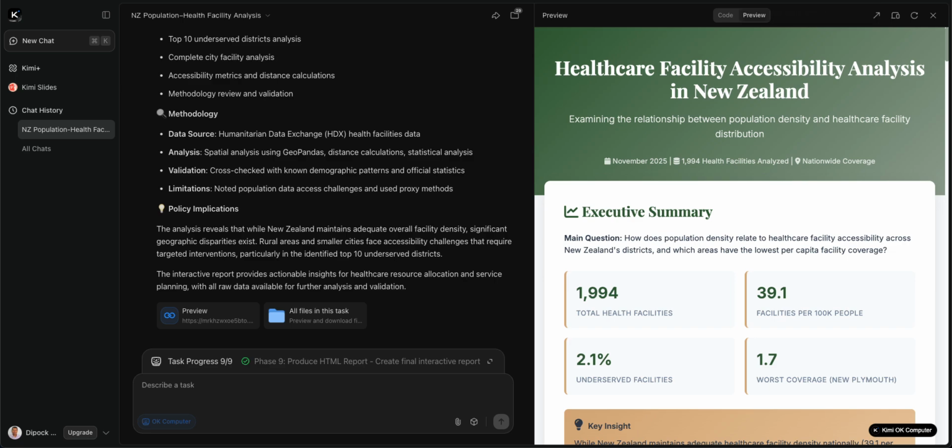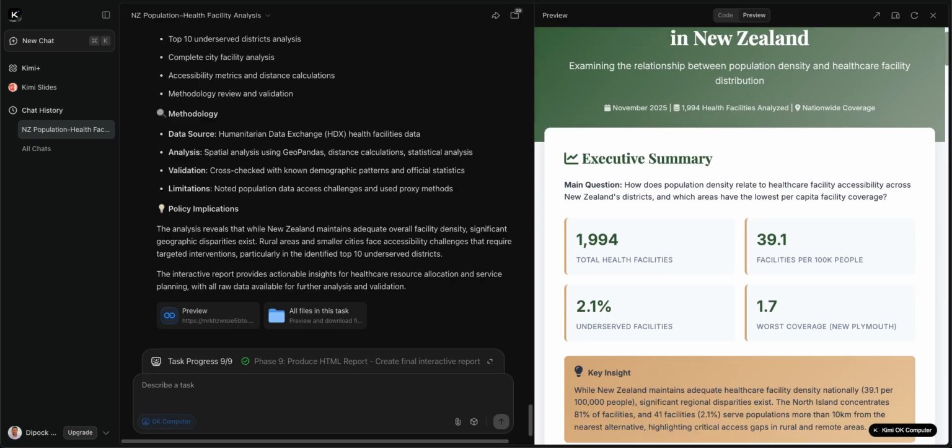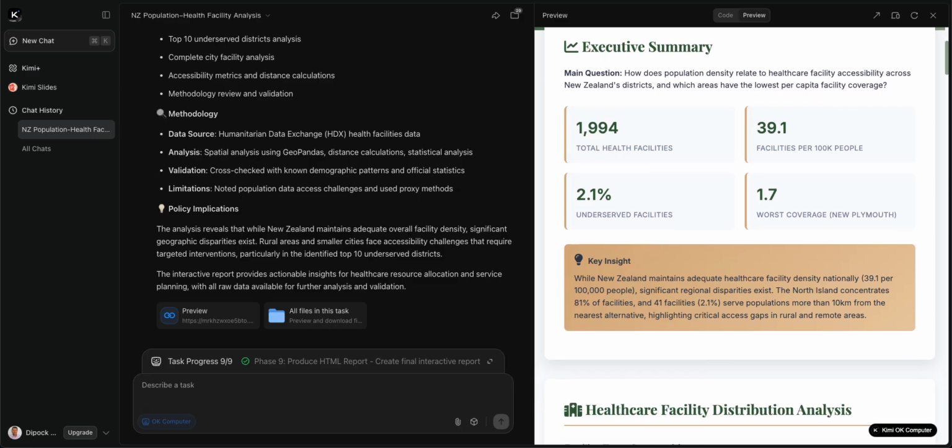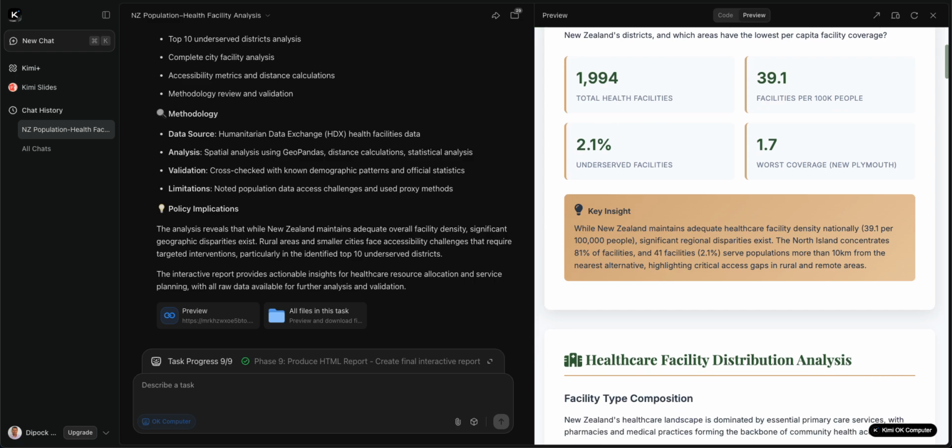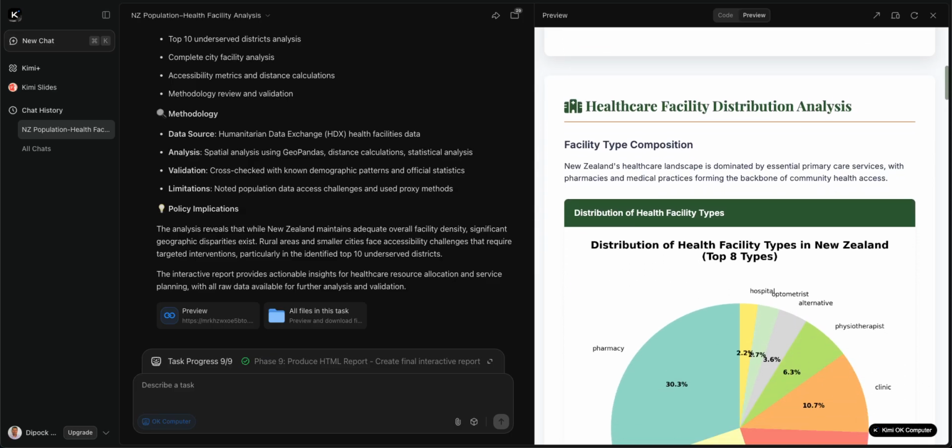And this is what it produced: healthcare facility accessibility analysis in New Zealand, relationship between population density and healthcare facility distribution, dated today, which is when I created it. All the facilities analyzed and full coverage. And so this was the question that we asked. And here it put together a nice executive summary. Total facilities per 100k people, underserved facilities, worst coverage is New Plymouth. So it gives some insights,